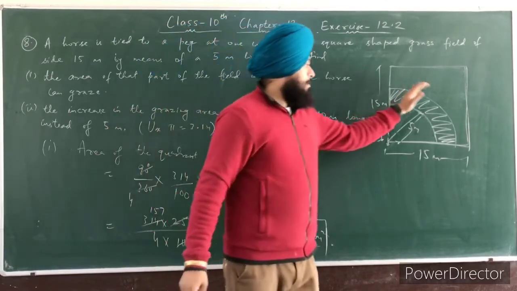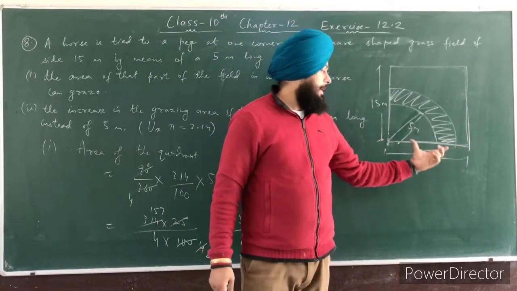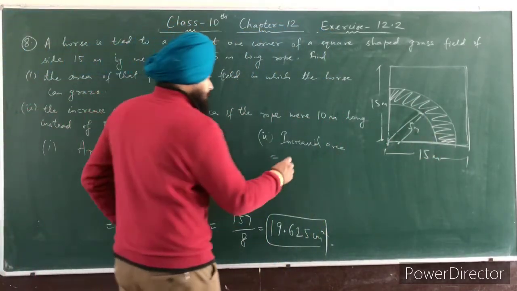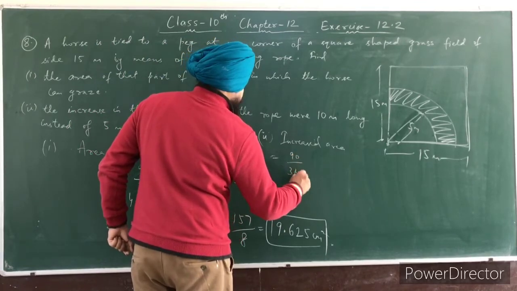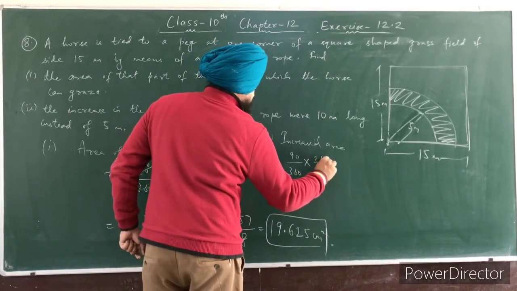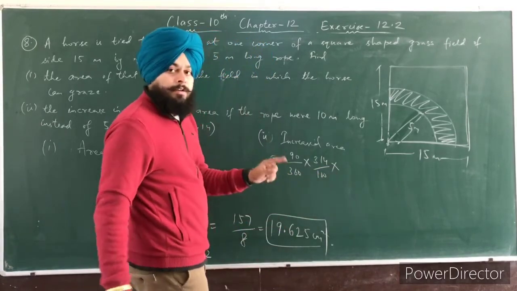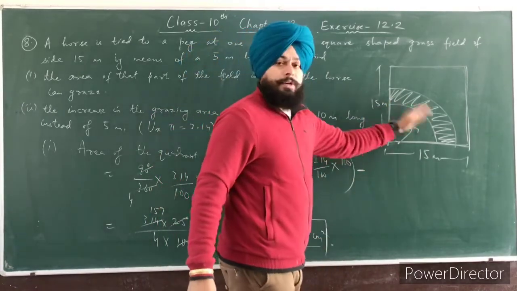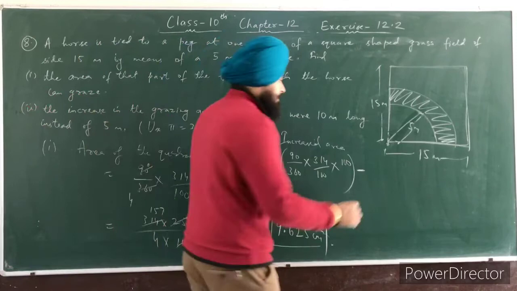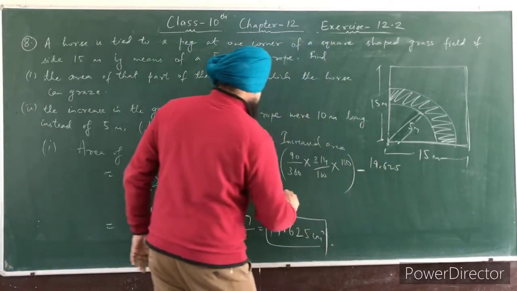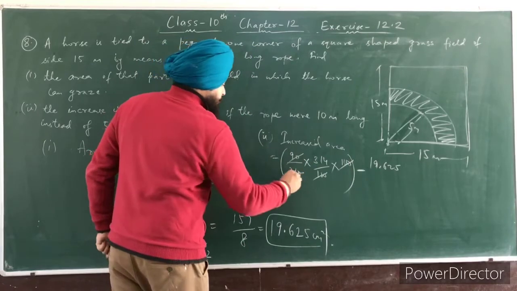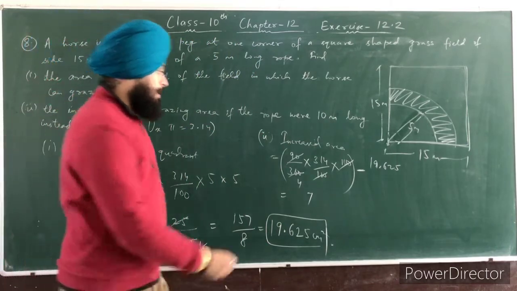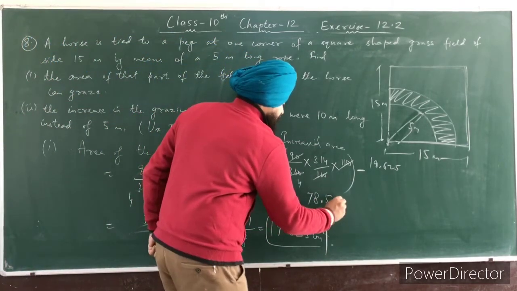So area of this quadrant is theta over 360 into pi r square. Here the radius we can use is 10 meter because the length of rope is increased. Alright. So theta over 360 into pi r square. R is 10, so 10 tens are 100. Minus the area of this smallest quadrant, so the area of the smallest quadrant is 19.625. You can cancel this 100 and 360, and it is 4 sevens are 28, 34, 4 eights are 32.